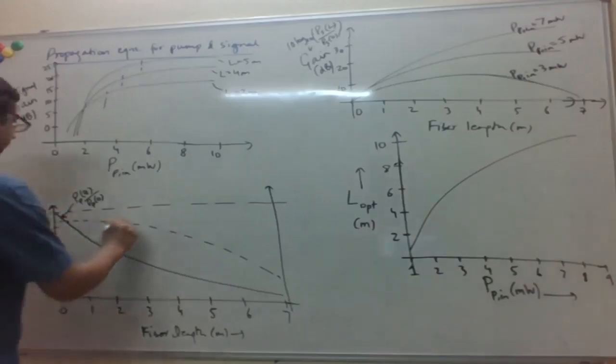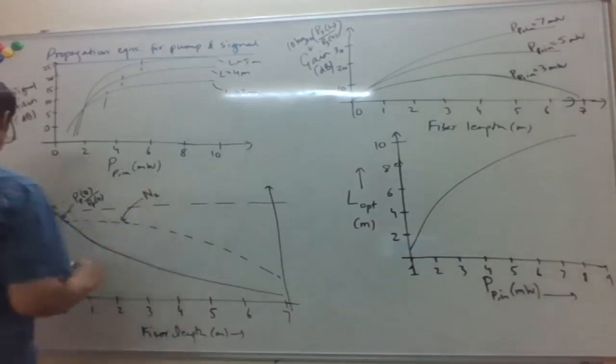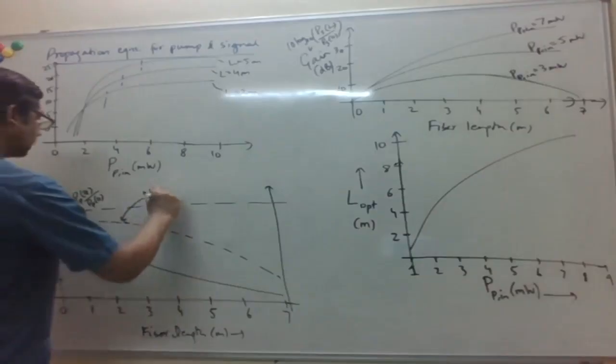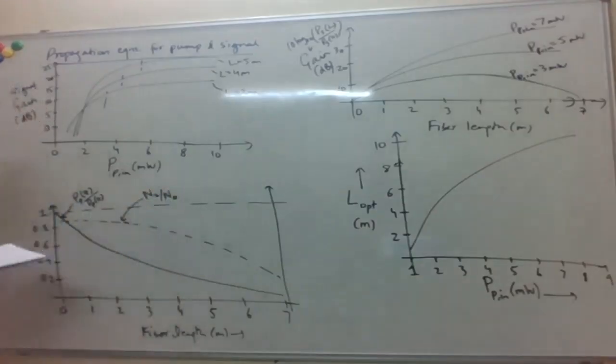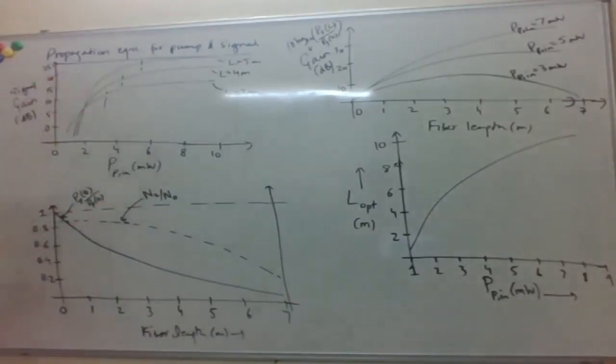Okay, so this dotted line here is basically the number of atoms in the second level, normalized to the doping level of the erbium. You can see in the initial parts here, the fraction of atoms pumped to the second level is very high. Here it's almost 90% of the atoms in level 2. So up to a certain length, a large fraction of the atoms are in the excited state when the